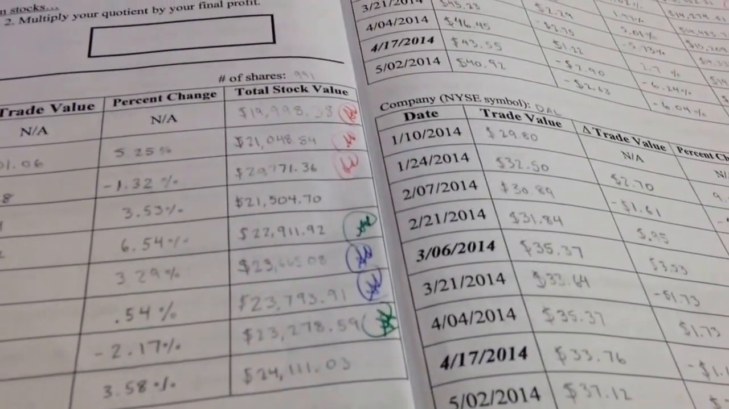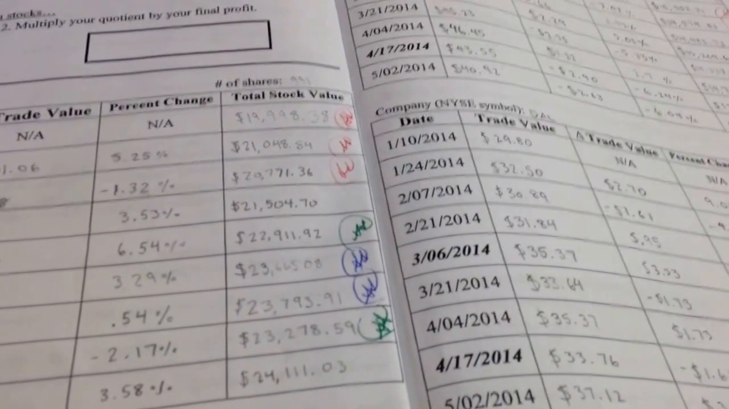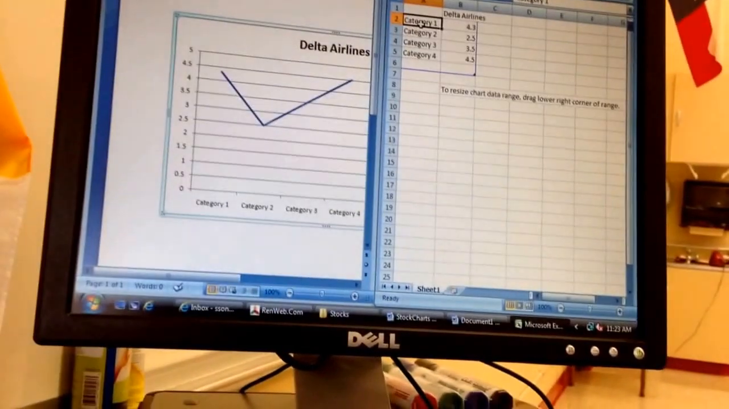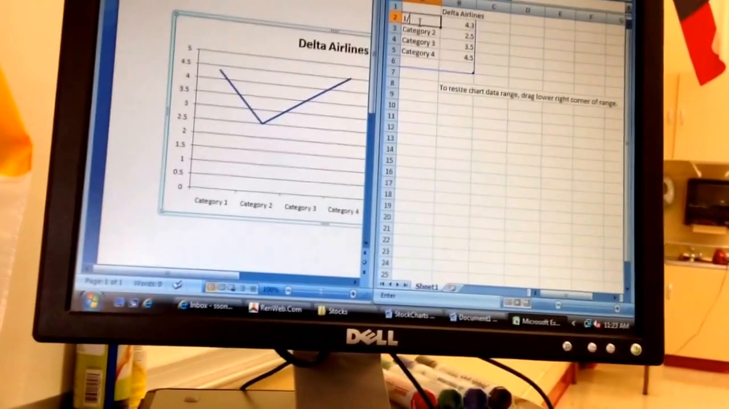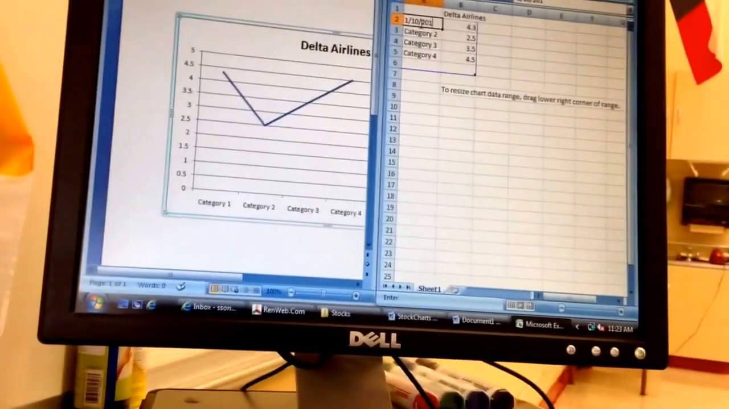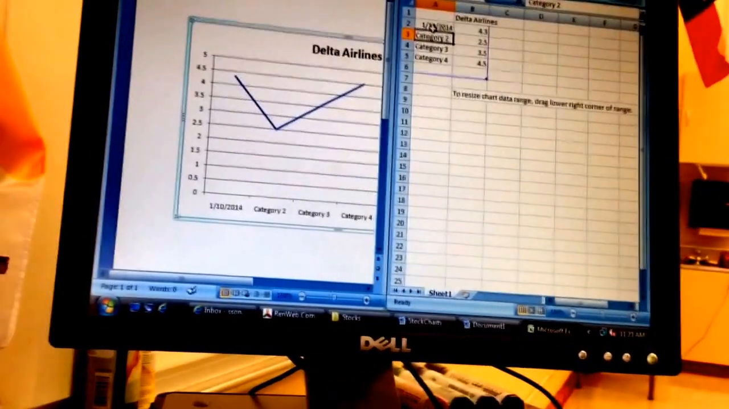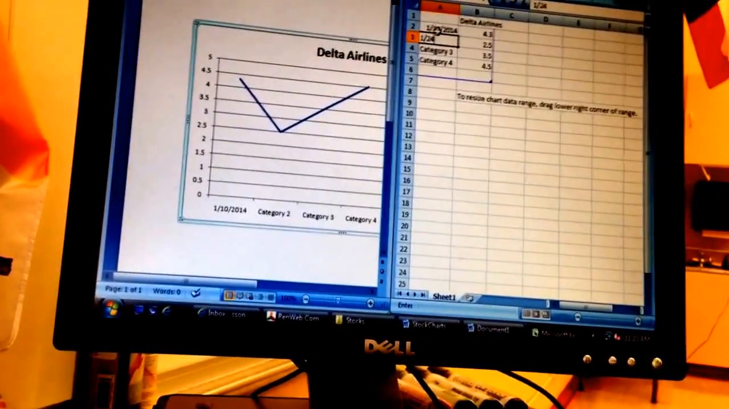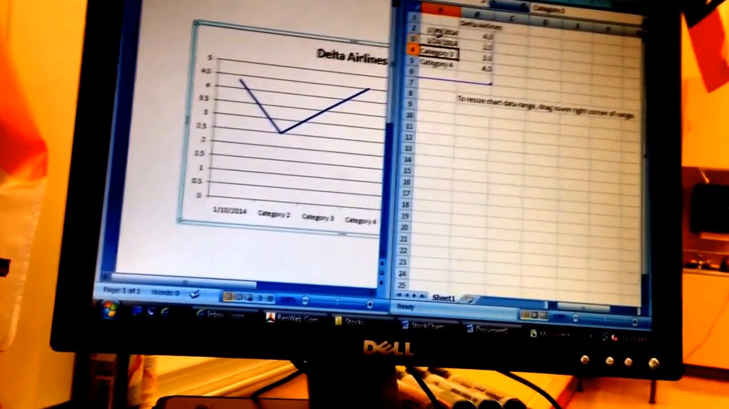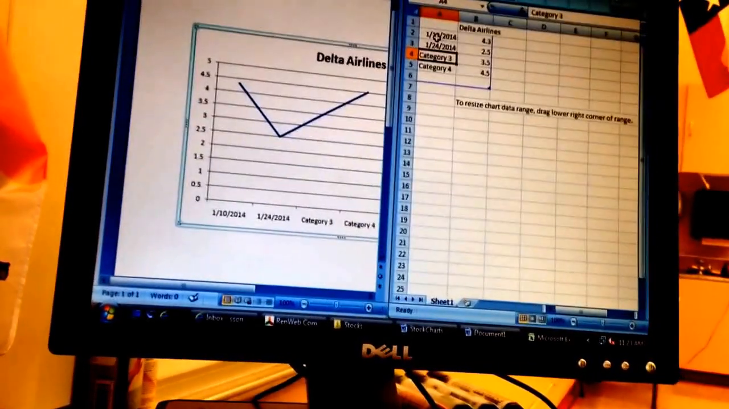The dates were given to you on your charts. So you need to use all of these dates. So you're going to take a minute and you are going to type them in. So I have 1-10-2014 and I have 1-24-2014 and I have